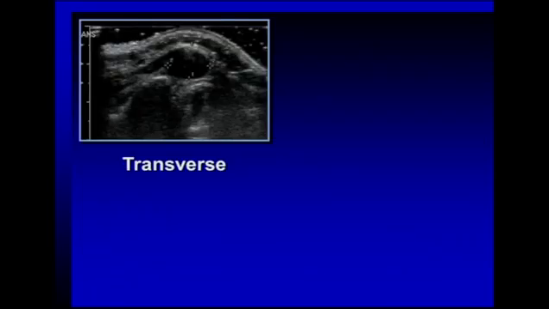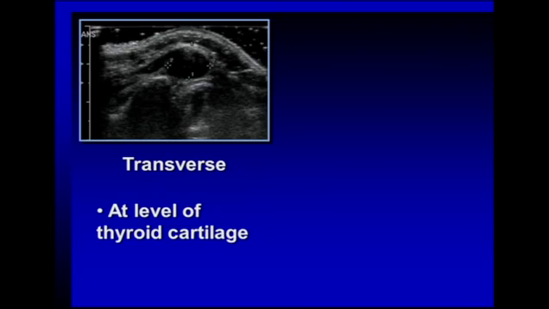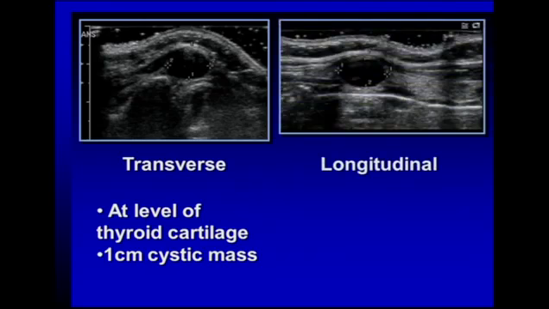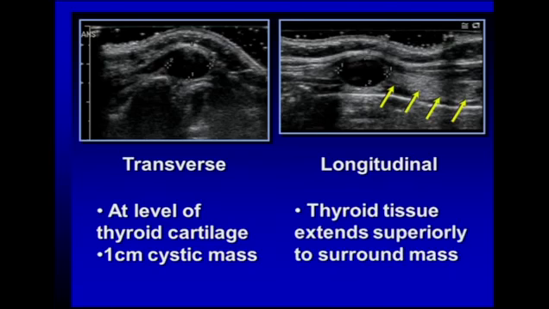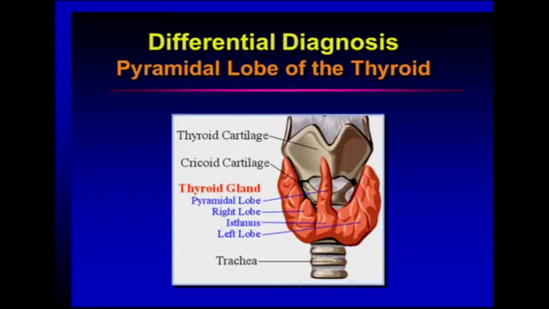This is a different patient with a cystic mass in the mid-upper neck. We can see this at the level of thyroid cartilage, measuring 1 centimeter in size. If we look at it longitudinally, we can see the cystic mass again. If we look carefully just caudal to the cyst, we see a tongue of thyroid tissue extending superiorly to surround the cyst. And what this is, is a cyst within a